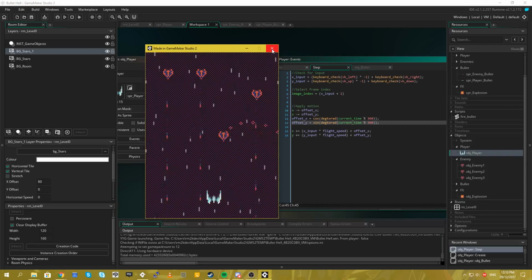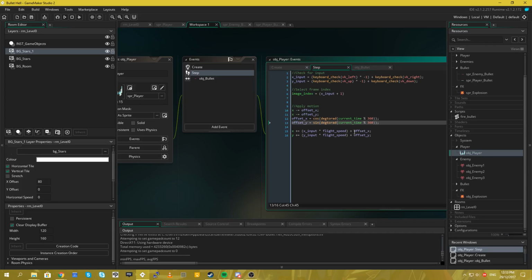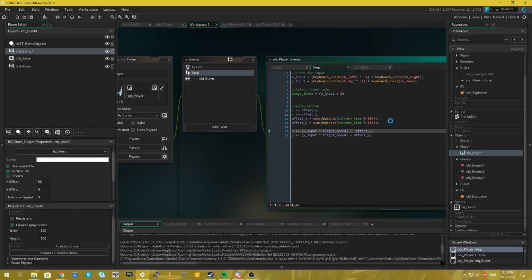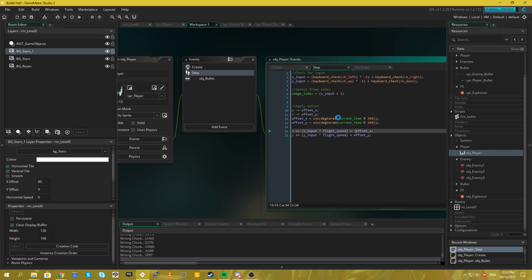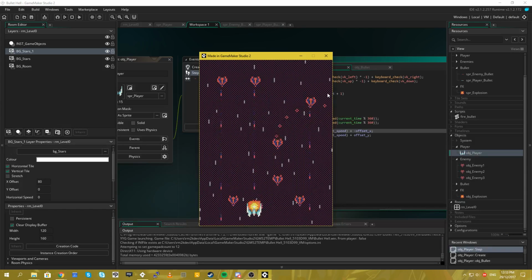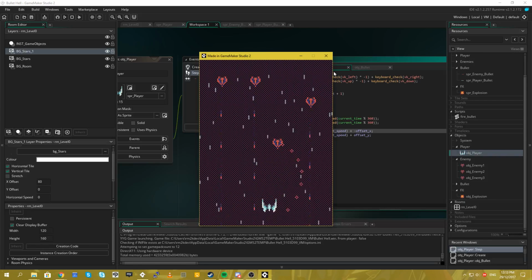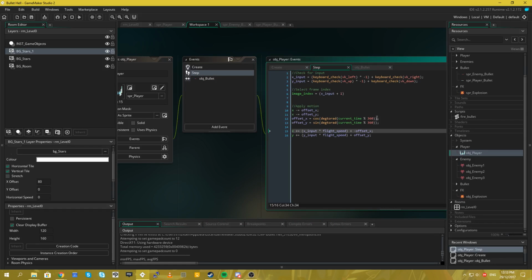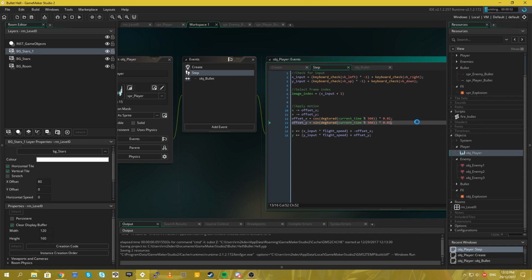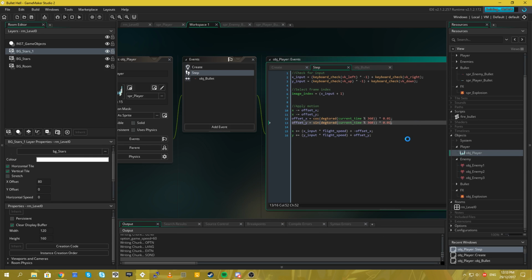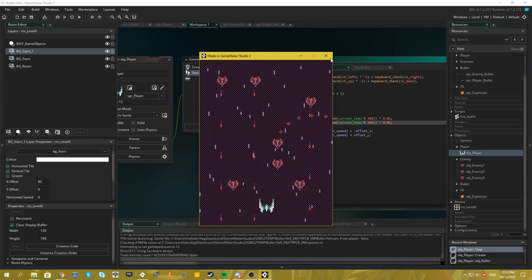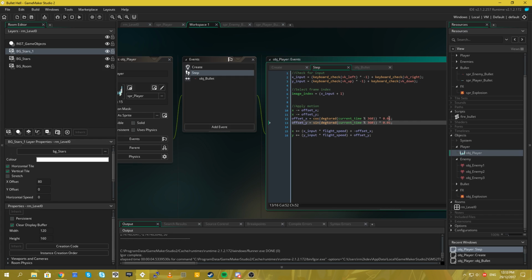We want it to go... We have to negative one of these, don't we? This is just a guess, but that's better. There we go. Got it. Now let's tone it down a little bit. This is hacky math here, but 0.01. There we go. Let's try that. That does nothing. Add random value.